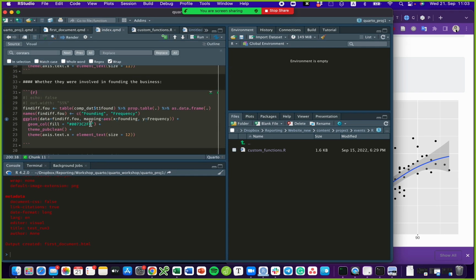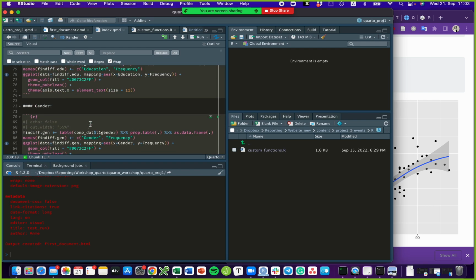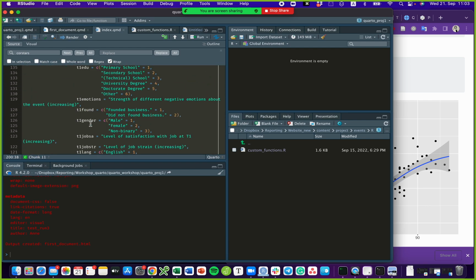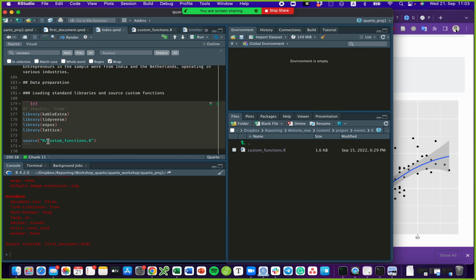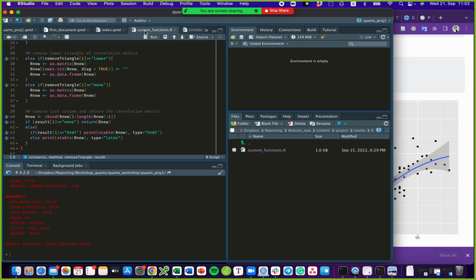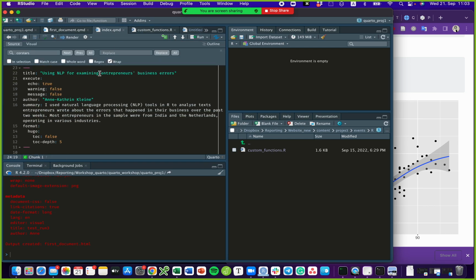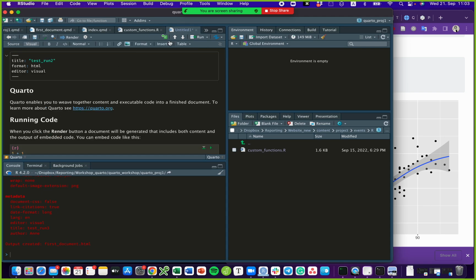And then this still stays very clean. So I don't have this huge, long function here, which I don't really want to see here. But I'm just sourcing it. And I'm still adding this to my GitHub. So anyone who wants to see it can see it in the GitHub. But they don't see it in my file because it's just not necessary. So that's my workflow usually. And here I could actually also add the